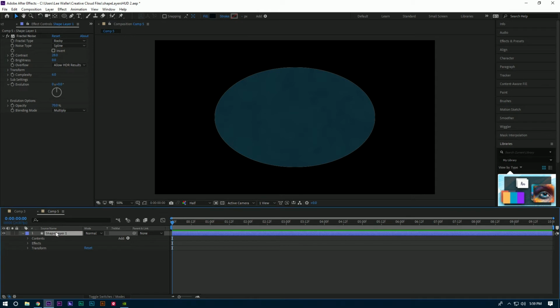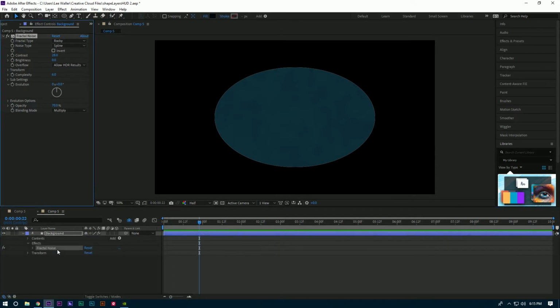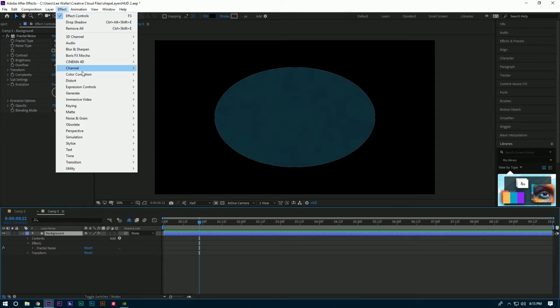So I'm going to label this layer here so I can keep up with what I have. I'm going to click on that, and I'm going to hit the return key and label this background. I'm going to close up those properties, and after we've added fractal noise, we want to add one more effect to this, and that is grid. So again, make sure that our background layer is selected. Let's go up to Effect, Generate,